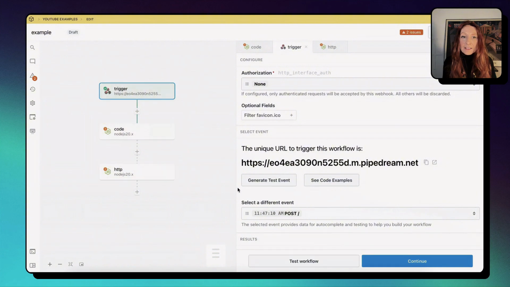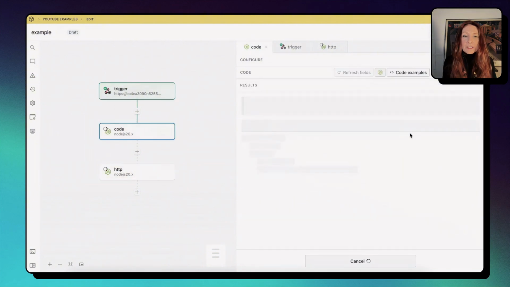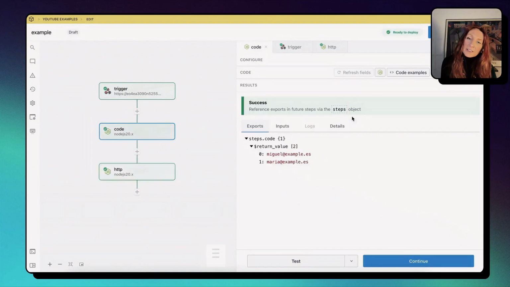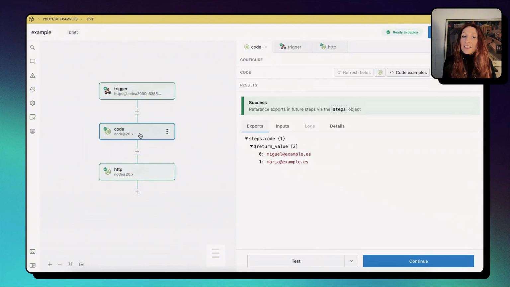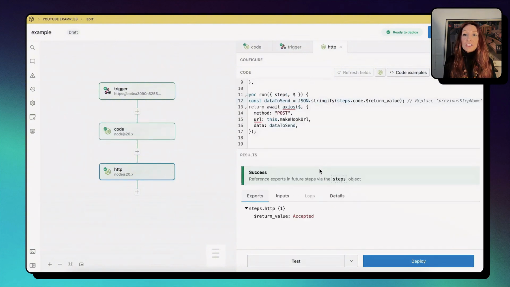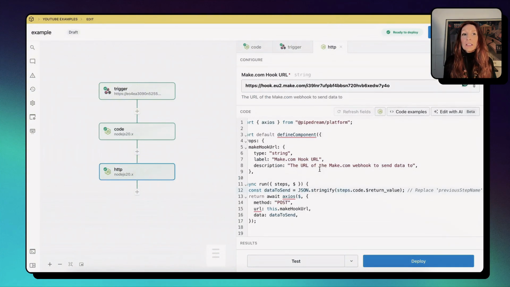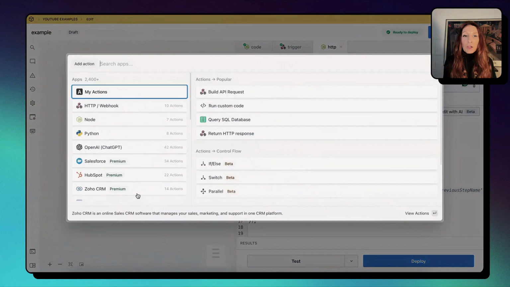and I test my workflow. So here it's receiving the data from Make. Okay, and here is the code node which extracts the emails. Then I need to send this data back to Make. So I'm doing an HTTP request. So in PipeDream you have a pre-made HTTP request. You see